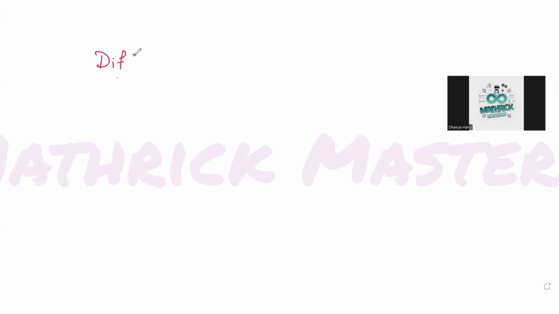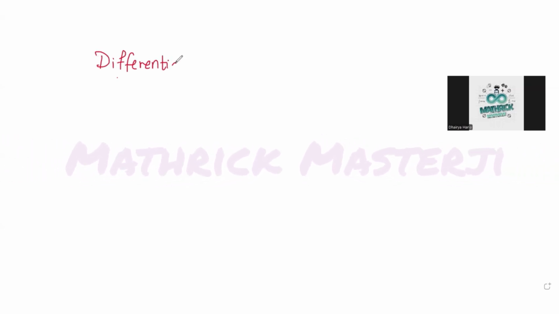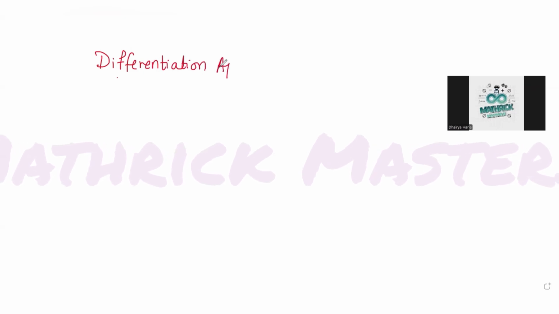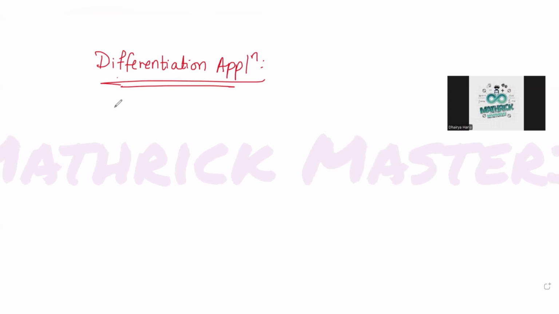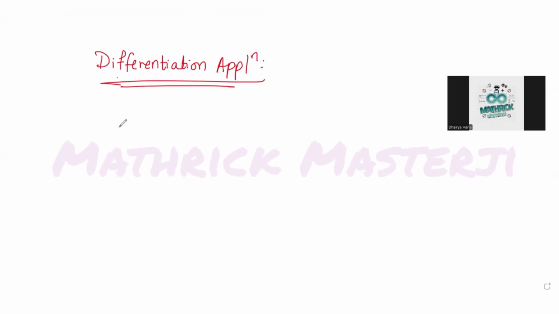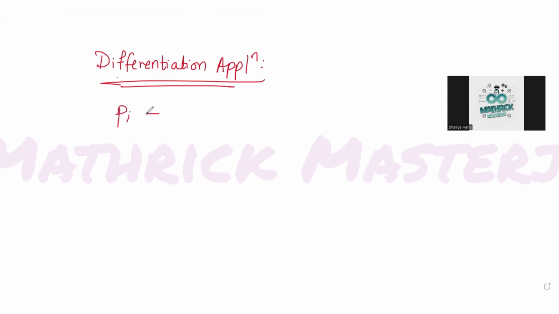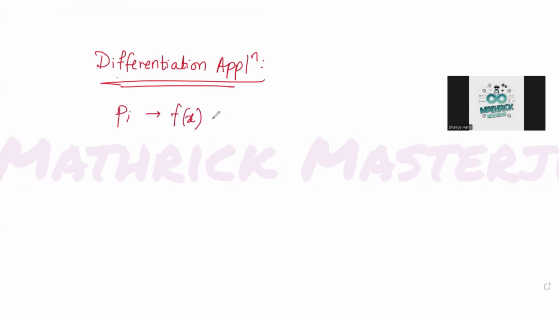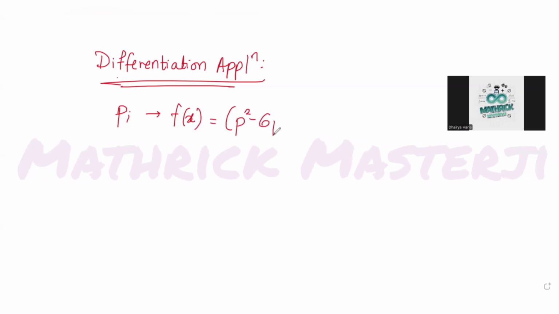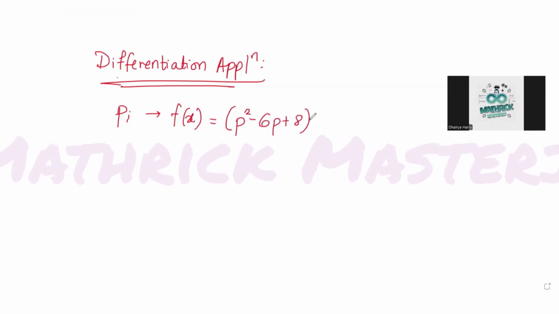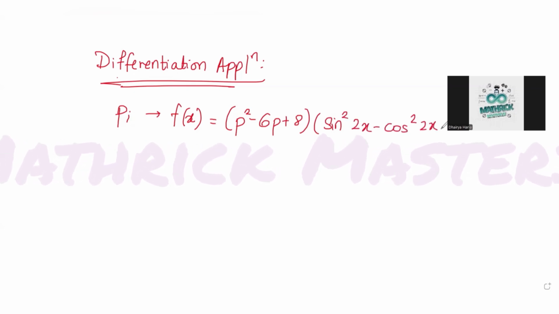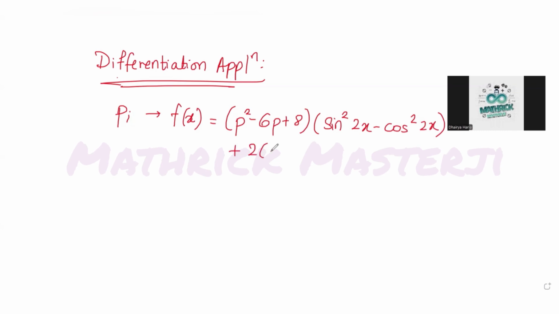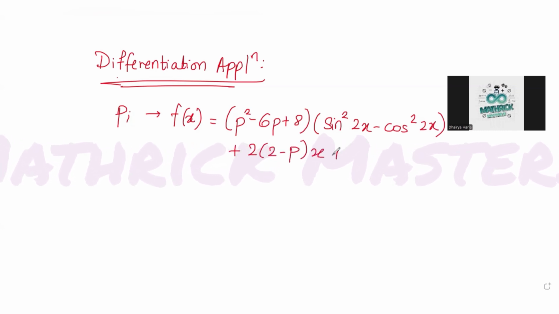Let's see today's question. Today's question we are taking up from the topic of differentiation applications. The question tells us: let the set of all values of p for which the function is given, which says (p squared minus 6p plus 8) times (sine squared 2x minus cos squared 2x) plus 2 times (2 minus p) x plus 7,